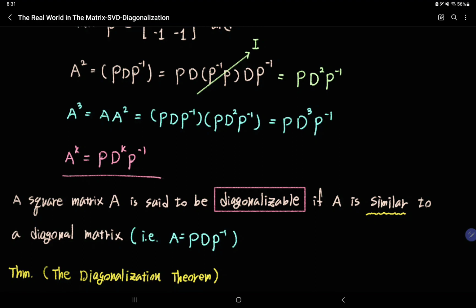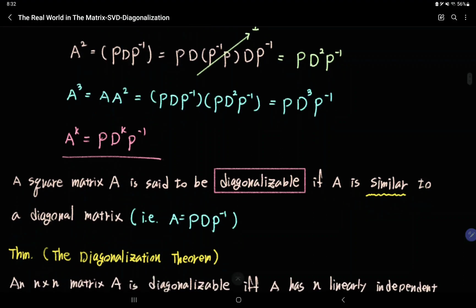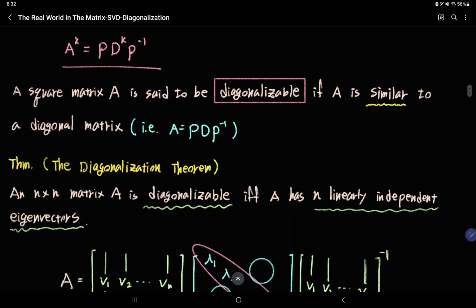that is called diagonalizable. Okay, so a square matrix A is said to be diagonalizable if A is similar to a diagonal matrix. Similar to a diagonal matrix means that A can be expressed as P D P inverse. Okay, so here's a theorem, the diagonalization theorem. An n by n matrix A is diagonalizable if and only if,